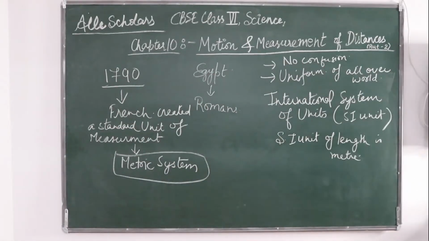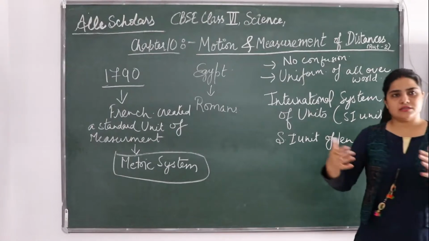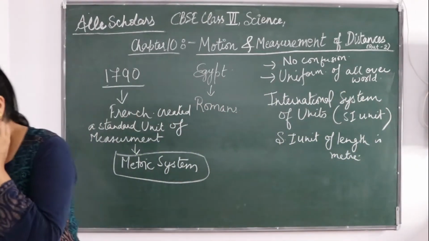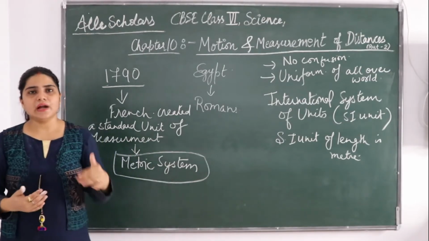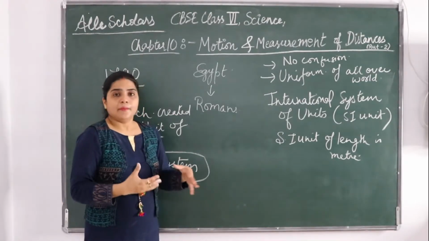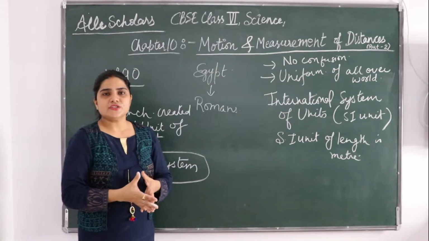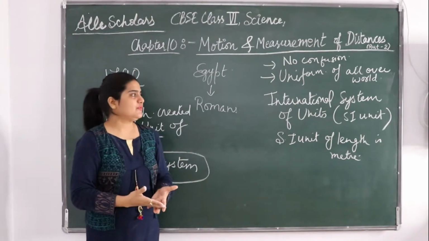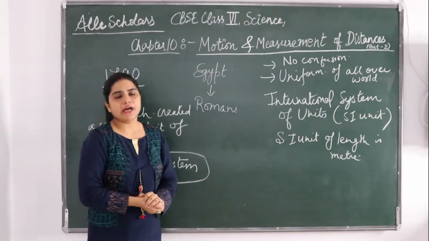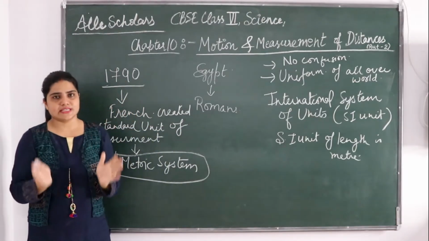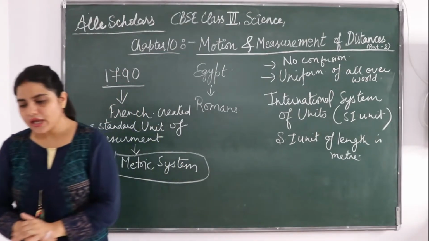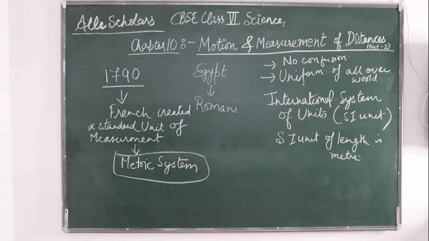So there was no confusion where somebody will say no, mine is correct and another says mine is correct. As we have seen, when arbitrary units were used, when body parts were used as a unit of measurement, it gave a lot of confusion. But the SI unit has no confusion. It was accepted worldwide and it was uniform for all of us. Okay, so let's see in detail about SI units.